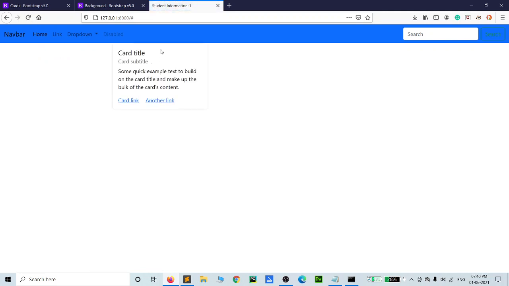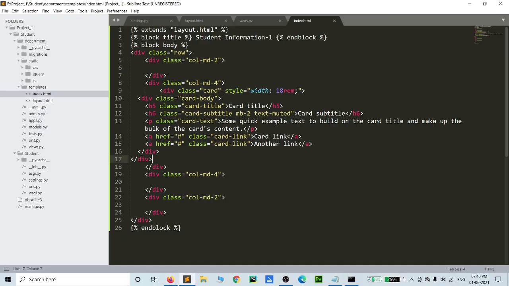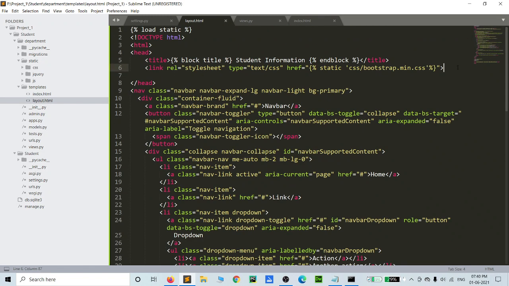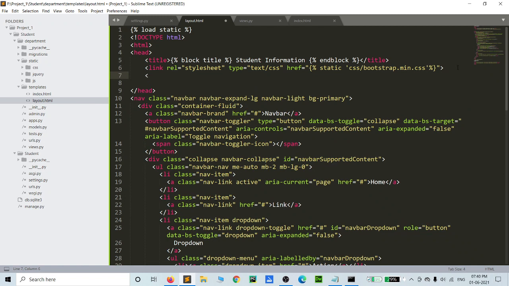Yeah, so we cannot see space between the navigation bar and the card files. What we will do, one more important thing is, if you want to add your own files, there is a self design file, like your additional designs. You can add it. So the first thing is text slash css.